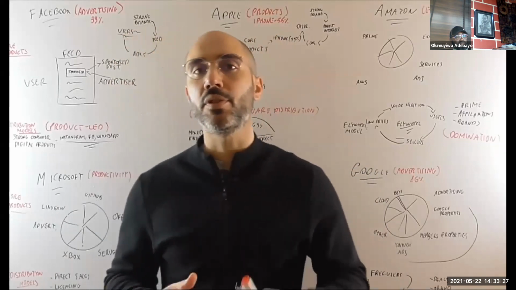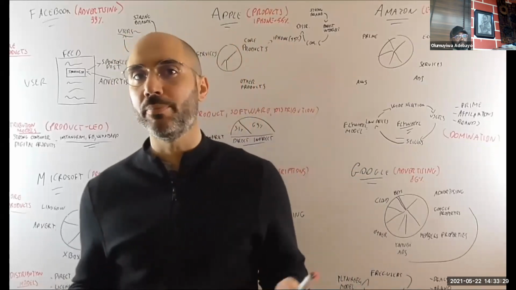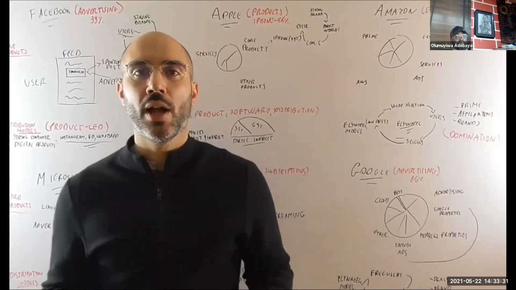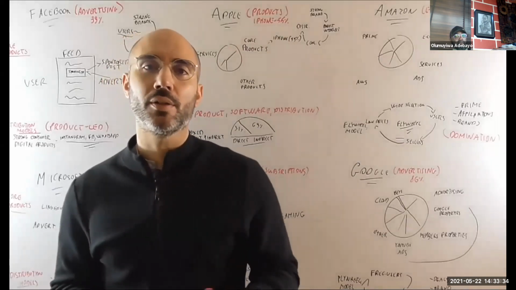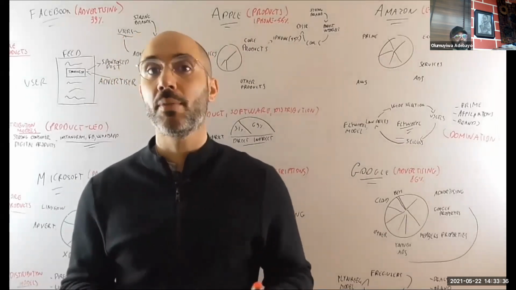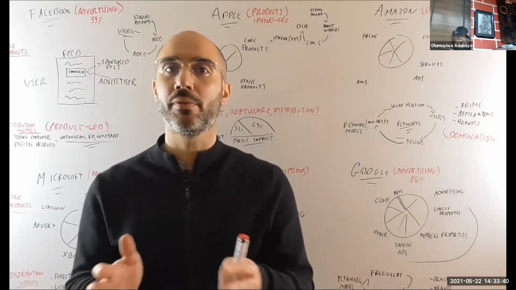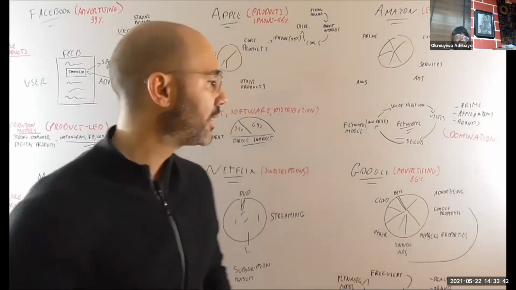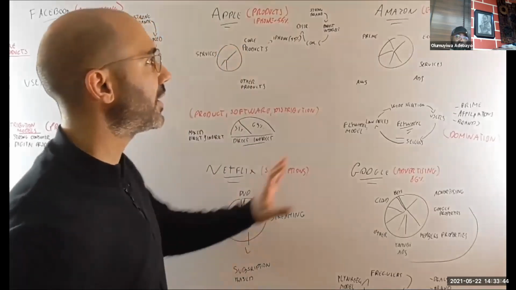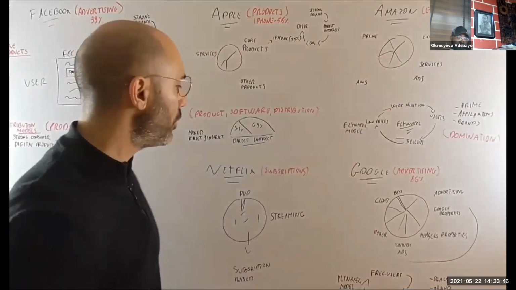I want to show you one example of this sort of change framework that has been called in the business world coopetition. And this is a concept where some companies that in theory are competitors also sort of cooperate. One example of this is a company like Netflix and Amazon.